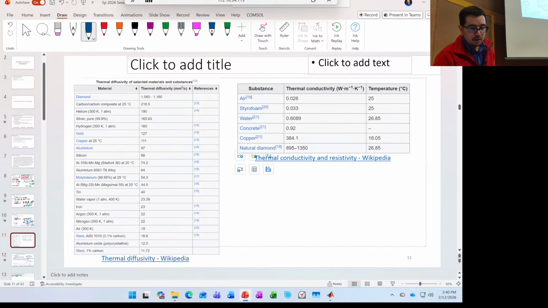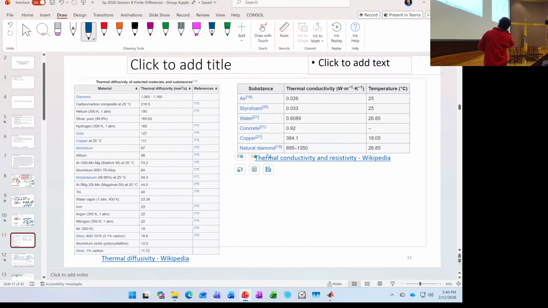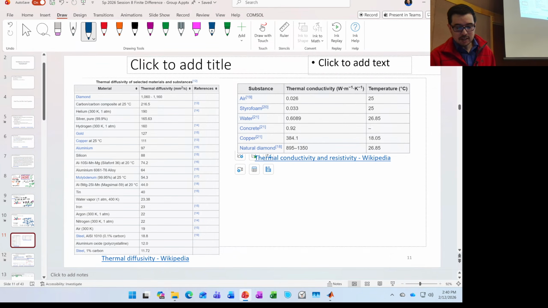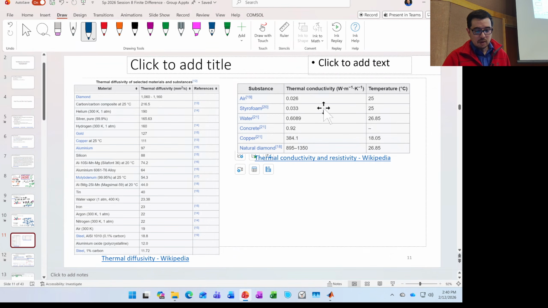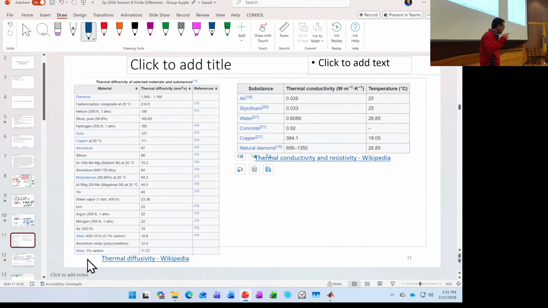So here are some values for thermal diffusivity and thermal conductivity, or the inverse, thermal resistivity, okay? And so, like we were just talking about, air has a pretty low thermal conductivity. Copper has a high thermal conductivity. And then if you come over to this chart and look at different materials in this one, what you'll see is we love steel, and it's cost effective for structures and whatnot.